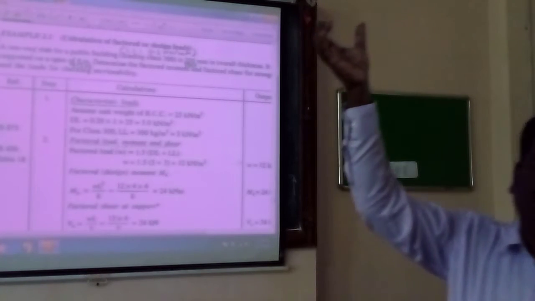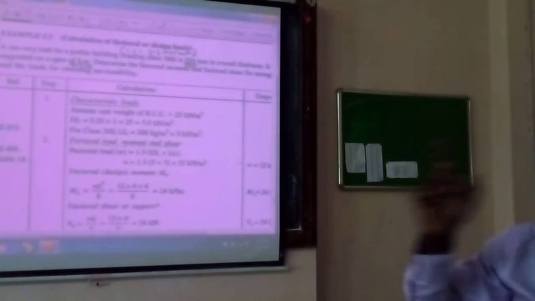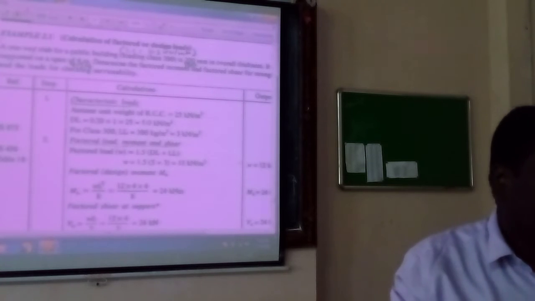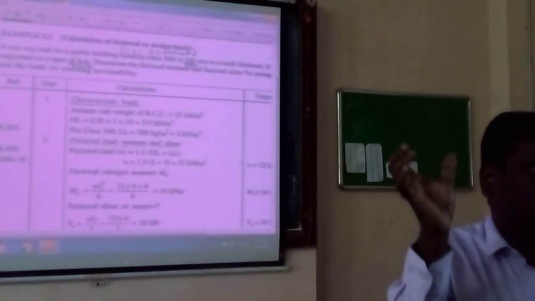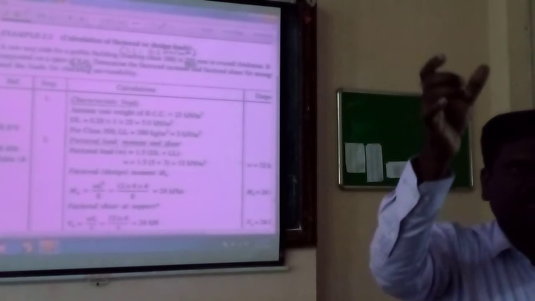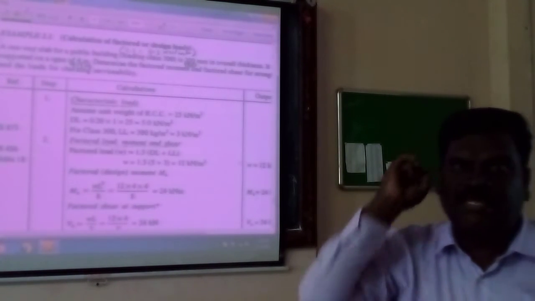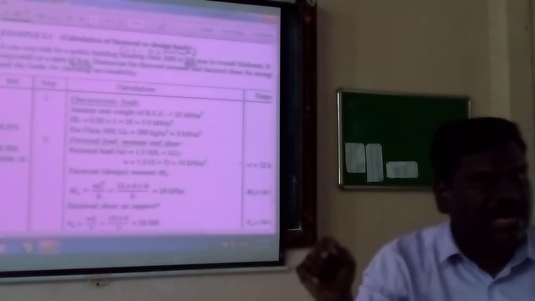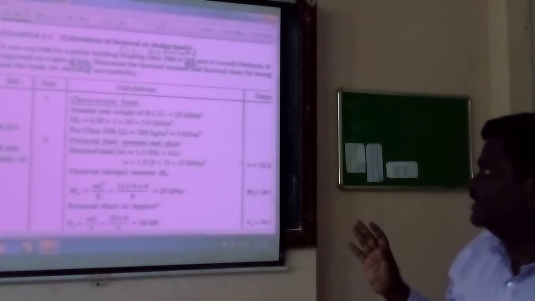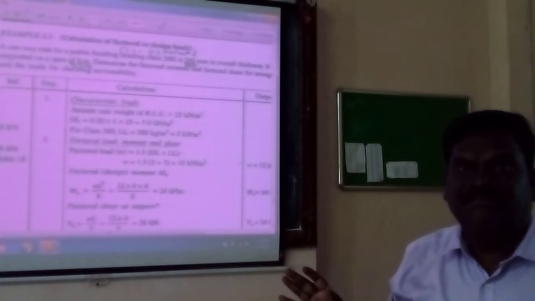Because you have already written to consider a 1 meter wide strip. This book is calculated for area, 1 meter area. But already I told you to assume a 1 meter wide slab. So in that slab, 1 meter wide slab, 1 meter run. So 4.5 kilonewton per meter. Okay. Next we are coming to live load.